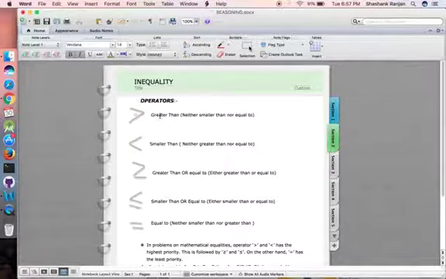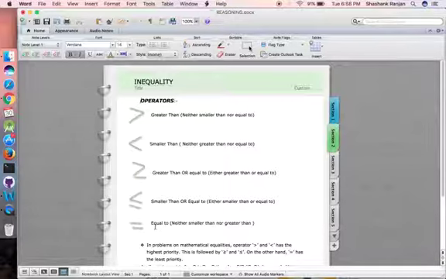they write "neither smaller than nor equal to". Similarly, smaller than is also written as "neither greater than nor equal to". Greater than or equal to can also be said as "not smaller than", and smaller than or equal to as "not greater than". And finally, instead of saying equal to, we can also say "neither smaller than